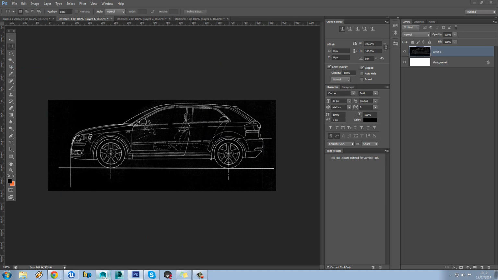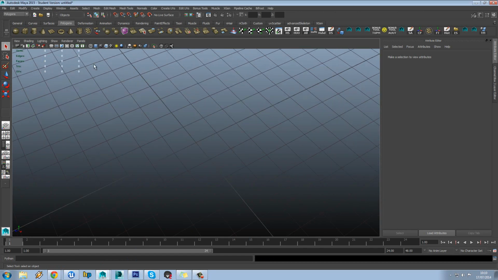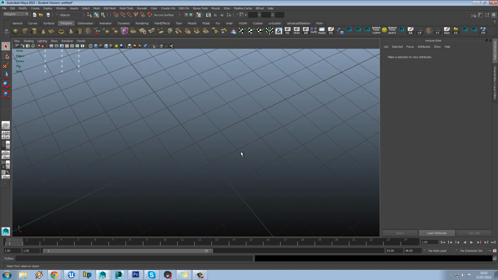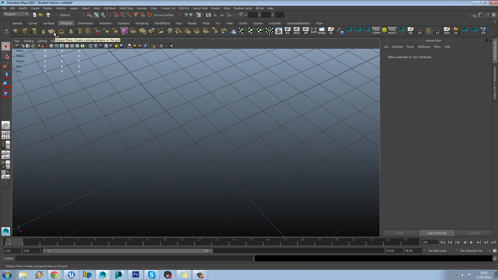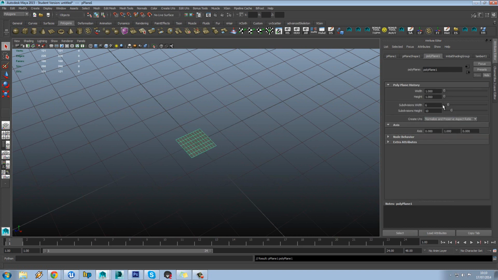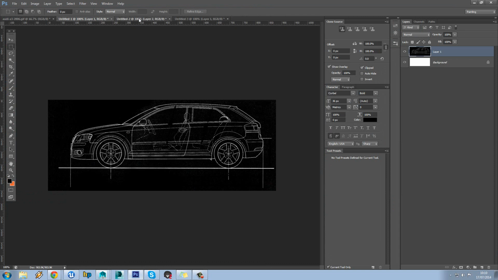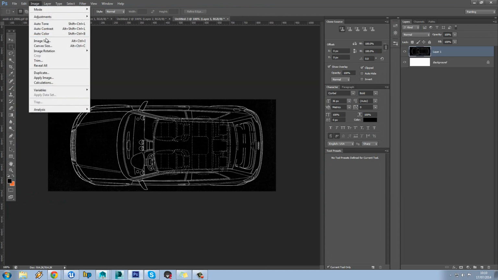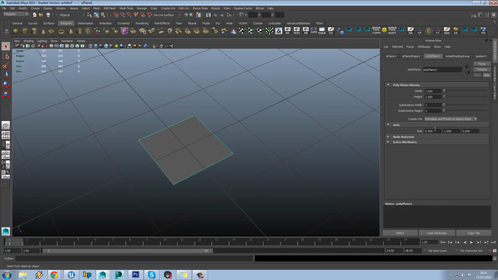Okay, so then in Maya, what we want to do is set up our planes. So this is where our next stage comes in. We've got two choices here. We could just make the planes and then set them up to fit the size of the car, and I think we'll do it like that. So we'll go to our top view and check our image size. We can see it's 879 by 355. So we'll set it to that. So 879